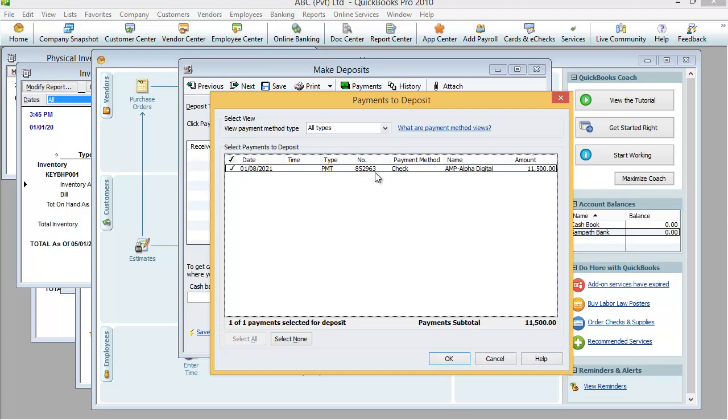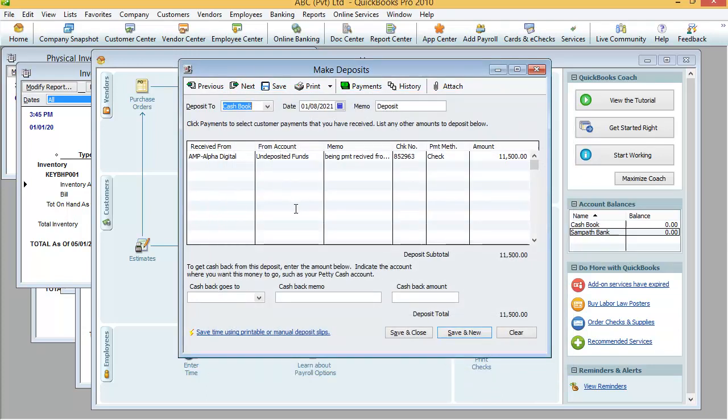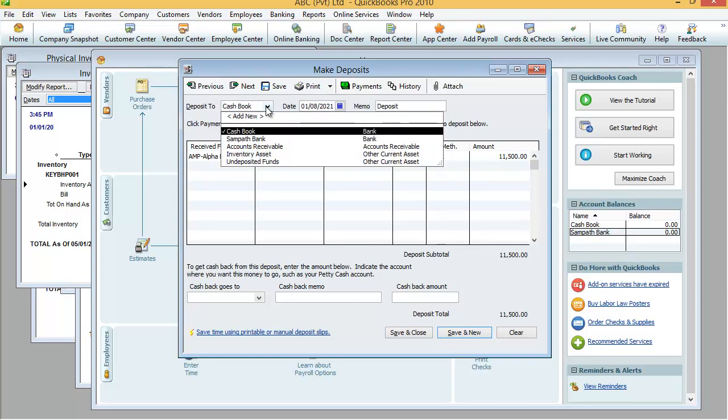Now we are going to deposit the money to a different account. We have selected this payment and click OK. Once we select it, the Make Deposits window appears, where we are going to deposit. For example, to maintain a check register book, we can keep that register book.